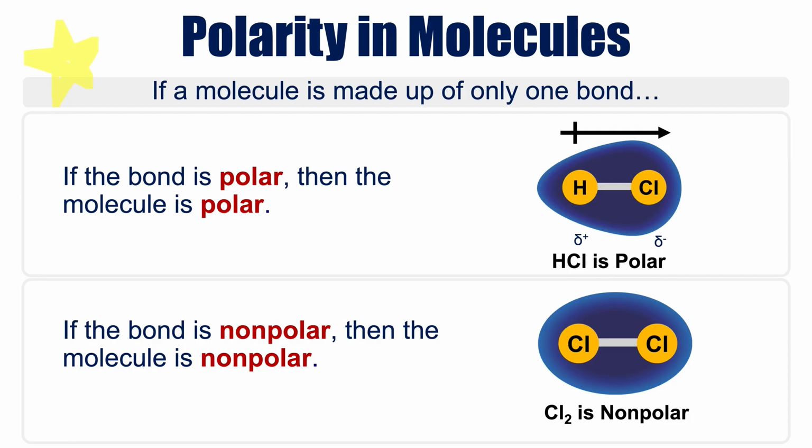So now what we need to look at is how to identify whether a molecule is polar or nonpolar. We're going to start off with looking at polarity in molecules that only have two elements in them, so there's only one bond. If the bond is polar, then the molecule is going to be polar as well. If the bond is nonpolar, then the molecule is nonpolar as well. So if there's only one bond in the molecule, whatever that bond is, that is also what the molecule is going to be. We'd use the electronegativity difference to figure out if the molecule is polar or nonpolar based off of what